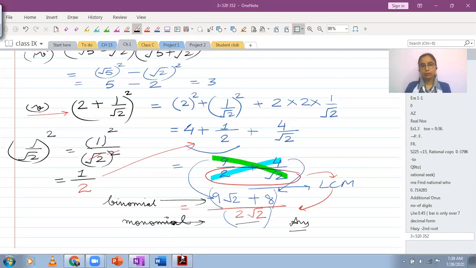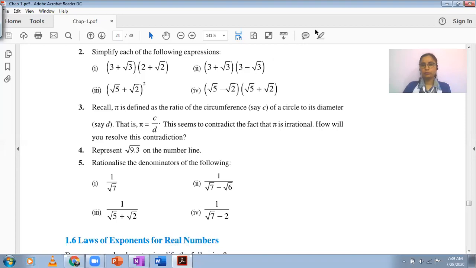Let's take a look at question number 5. Rationalize the denominator. This year we are just focusing on binomials in the denominator. We used to discuss trinomials also. So here we have a single term in the denominator, whereas in all the remaining 3 parts we are having binomials. And in the parts given in the book, all expressions contain 1 in the numerator. आपके पास जितने भी पार्ट है सभी केसेस में न्यूमरेटर में 1 है, so this will be a little easier to do.